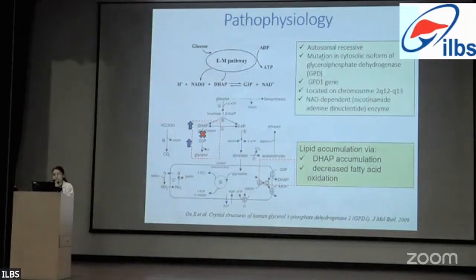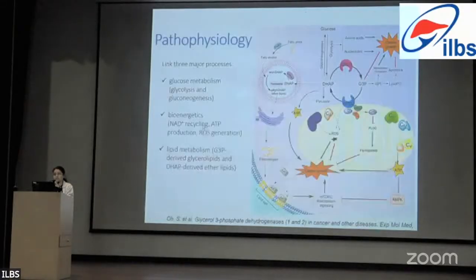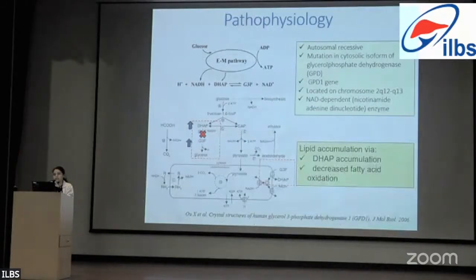So coming to the further pathophysiology, though it is not well described how it is causing all the effects of this disorder, it is postulated that the lipid accumulation can occur, one, via the dihydroxyacetone phosphate collection, which will further go into formation of alkyl DHAPs and acyl DHAPs. The other postulated mechanism is that since this reaction is reversible, there is also accumulation of glycerol 3-phosphate, and this glycerol 3-phosphate can cause hepatic accumulation of triglycerides.